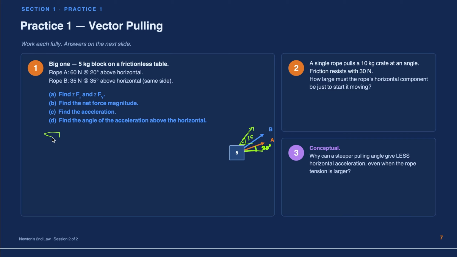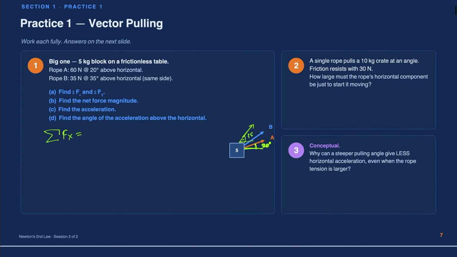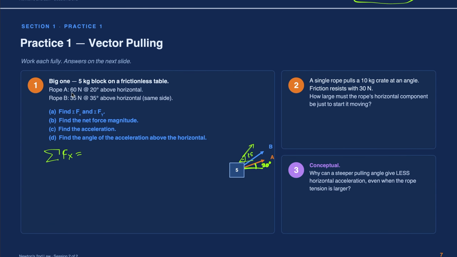Net force X is equal to, what is the magnitude of rope A? 60 newtons times cosine of 20 degrees plus 35 newtons times cosine of 35 degrees, which is going to give me,